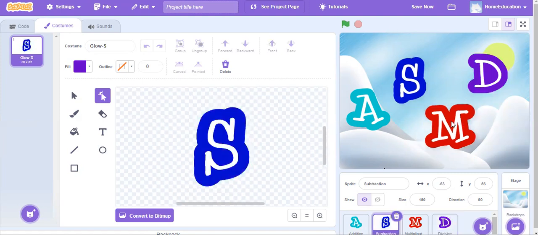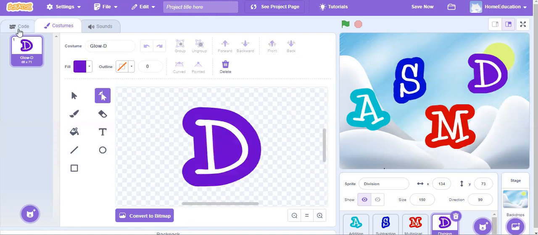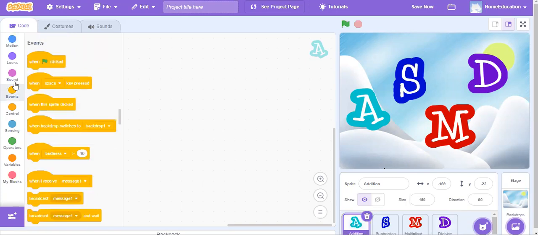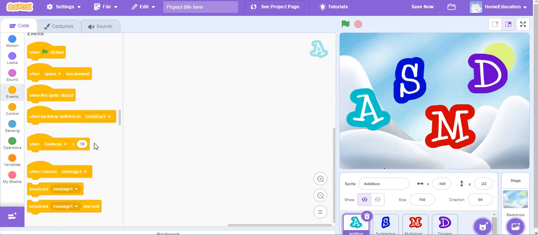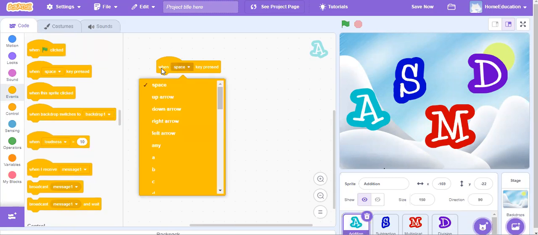Okay, now let's code them so they actually work. Now I'm going to go here, and then I'm going to go in events to decide which thing is pressed and the game will start. So I'm going to add when A key pressed, since it's addition and addition starts with A. So when A key pressed,